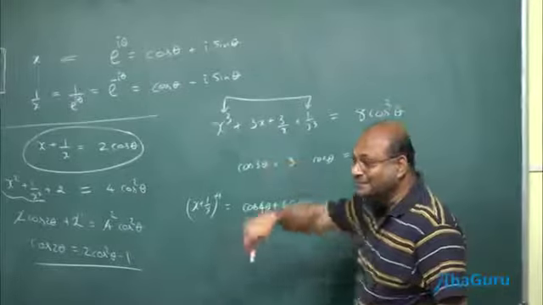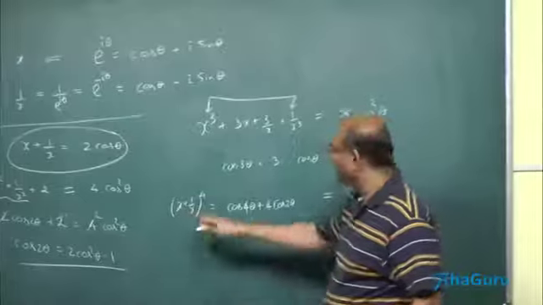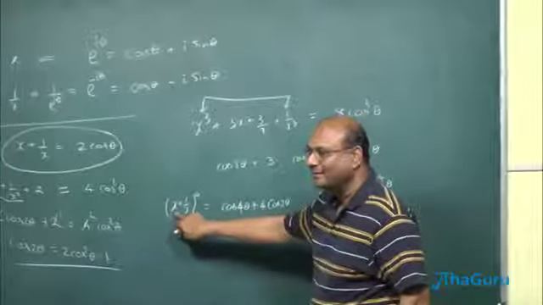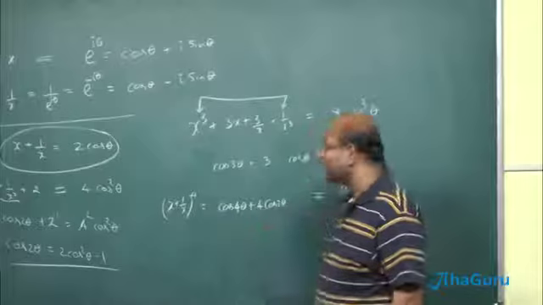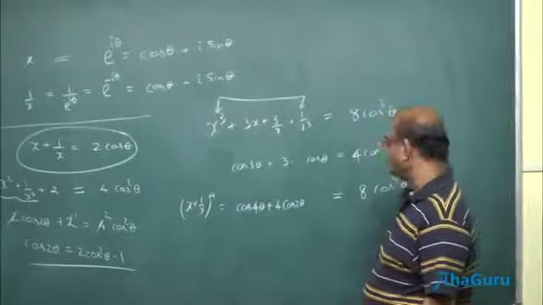Then comes the middle term which has no pair. Wait a minute, how can it not have a pair? But good, because it's x square into 1 by x square, which is just 1. So actually it turns out to be 6 times x square into 1 by x square. So this is plus 6.